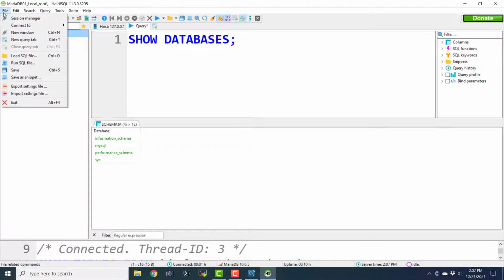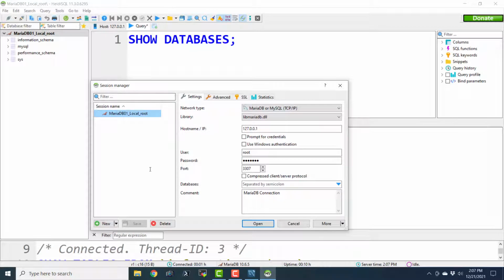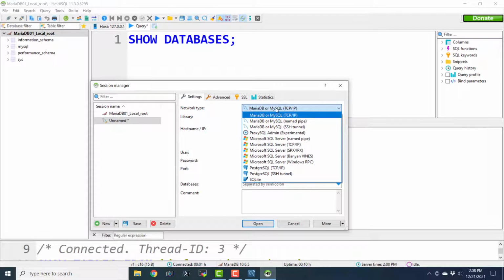We can also create a new connection for our MySQL. Okay. So let us create a new connection for our MySQL instance, root and test123. Okay, so here it seems that we can make connections to a lot of various types of database servers using this session manager of Heidi SQL.